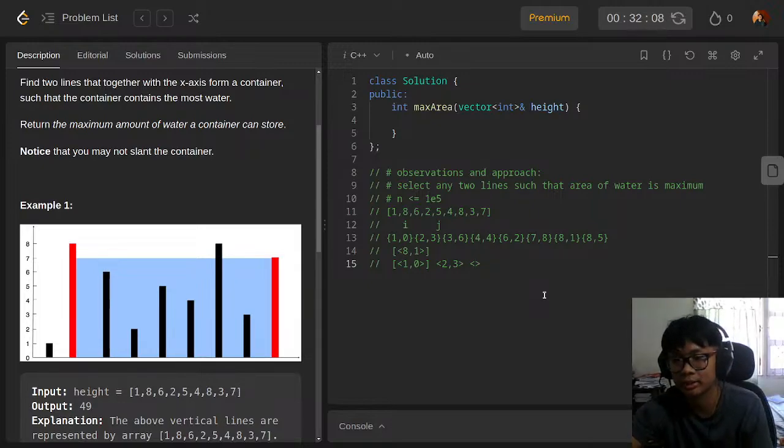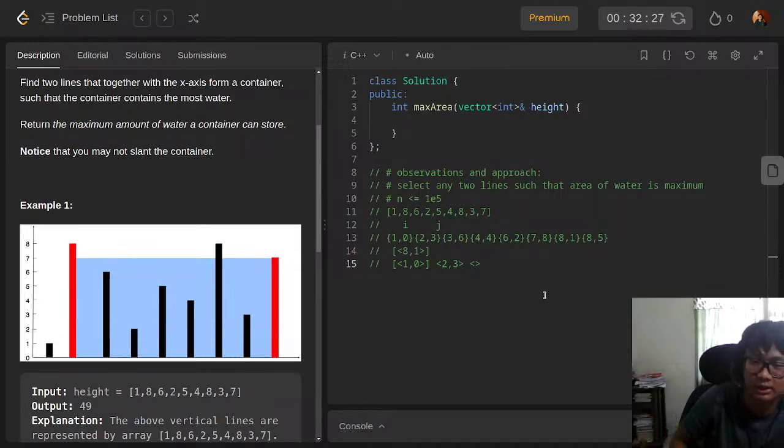Obviously I have a pillar of same size already, and it is more in the left side than the current one, so obviously I don't need to include this. Then obviously I'll get 3 as well, don't need to include this. Then I'll get 7, don't need to do this, but I'll need to check, right? Let's say